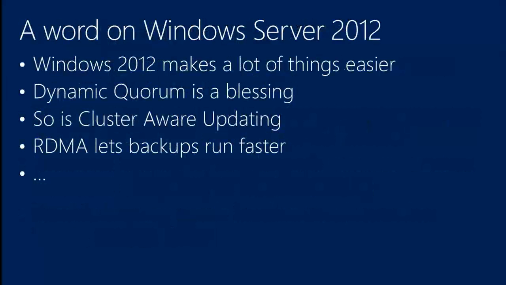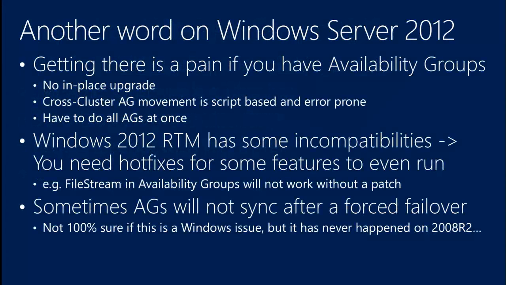A little word on Windows Server 2012. We run this whole thing on Windows 2012 because we think it's an easier solution. Dynamic quorum, so if one node goes down, it takes the vote out. You can do many things a little easier. Cluster-aware updating is something that really helps us to stay compliant because we need to patch pretty often. And if you run backups to a remote file share, RDMA is just a blessing if you have the network infrastructure. The problem, though, is with Windows 2012,